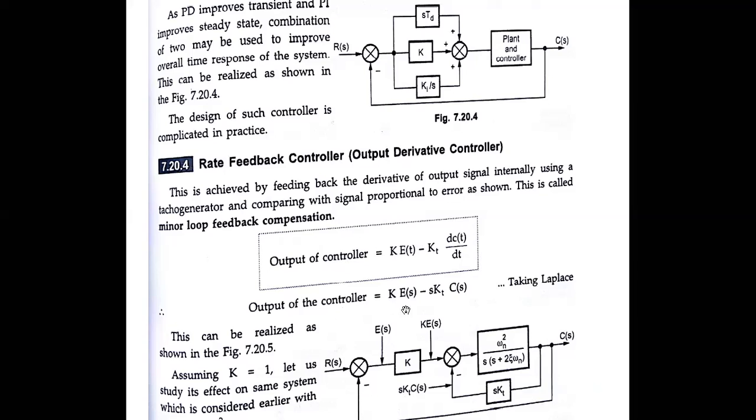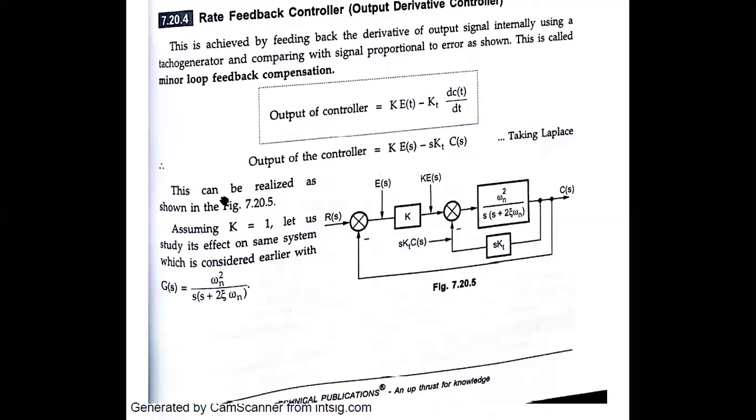The output of the controller is simply, if you take the Laplace transform of this particular equation, K stays constant as it is, e(t) becomes E(s), minus stays as it is, Kt multiplied by d by dt, because whenever there is a derivative, we take it as a single s. So s Kt will be a constant. d by dt of c(t) is nothing but s multiplied by C(s) for this output in the time domain. Once you convert into the Laplace domain, you will get this particular equation.